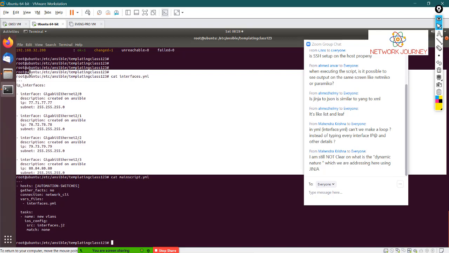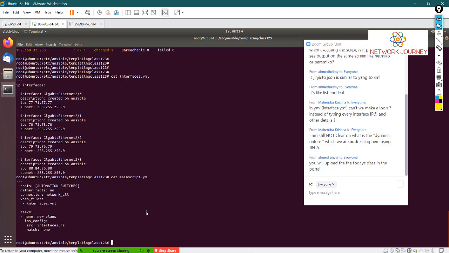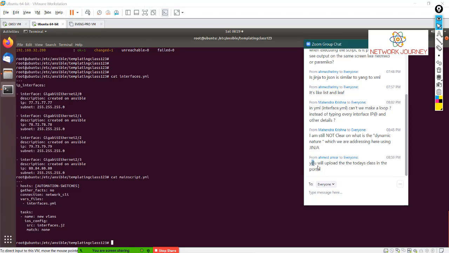If I was changing one of the scripts, maybe I removed one of the inverted commas, or I just did something wrong, so the whole script will break, right? And in a script, maybe you are writing so many tasks, a task to run interface, VLAN, DHCP, everything will fail. Whereas here you're trying to be more dynamic, so it depends on the real-time entries. The template engine or the main script will not be modified.